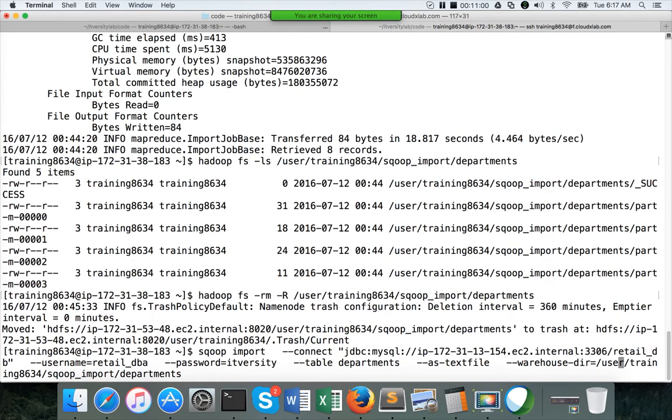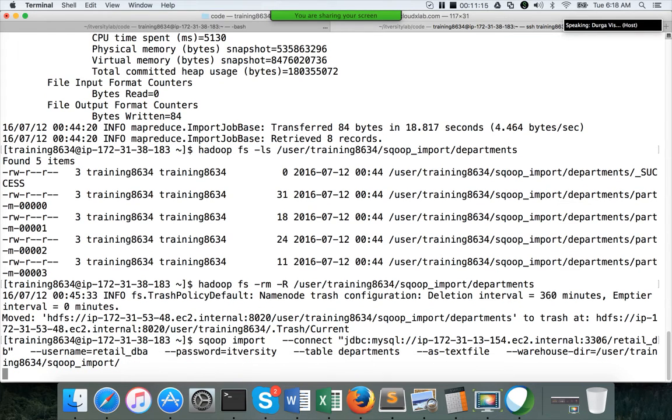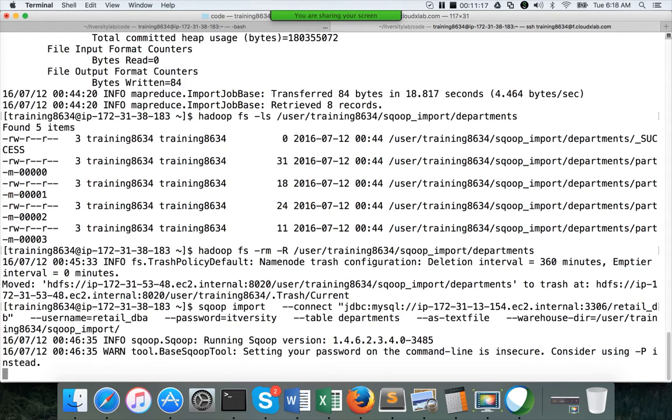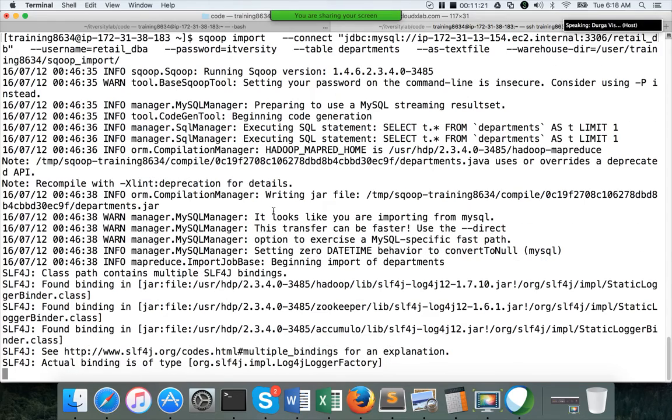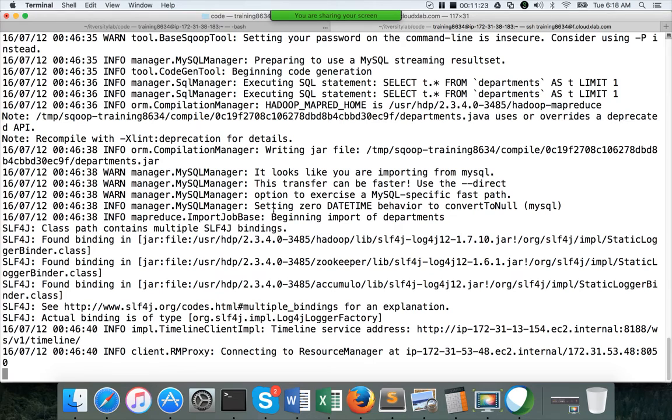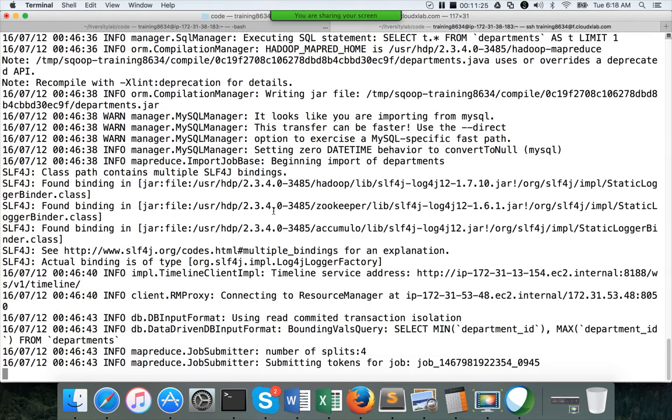Okay, now if I delete this and hit enter, okay, now sqoop import directory is already existing. For target directory, you cannot pass the location which is already existing, it will fail.